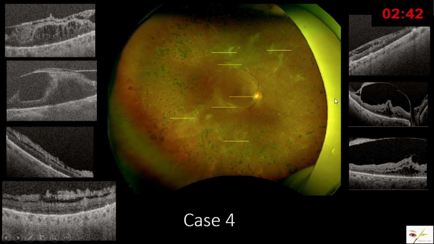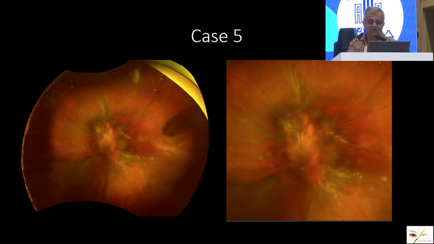So this gives you a fairly good idea in the pre-operative planning as to what you are dealing with. Here it's quite tightly attached, this particular area. So this way, I think it's a beautiful technology. You can do it. Now, again, this is another patient who had a sort of tabletop or plastered membrane on the